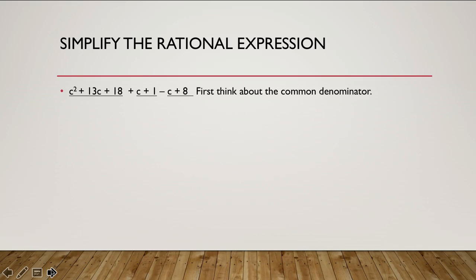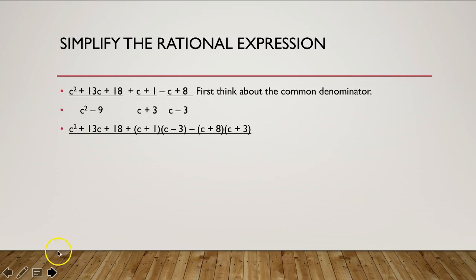The next objective is just still simplifying the rational expression. So you have c squared plus 13c plus 18 divided by c squared minus 9, plus c plus 1 over c plus 3, minus c plus 8 over c minus 3. First, think about what the common denominator is going to be. c squared minus 9 factors out to c plus 3 times c minus 3,